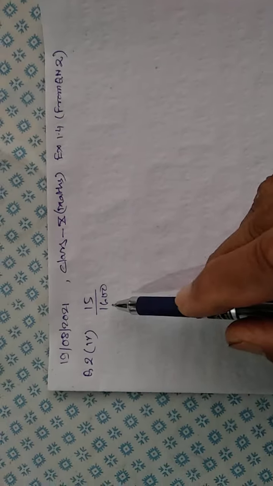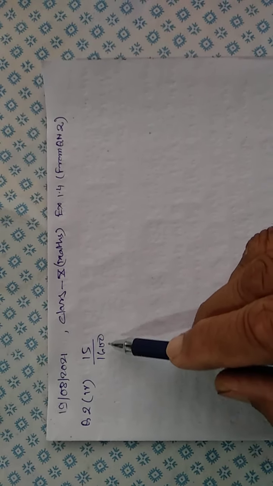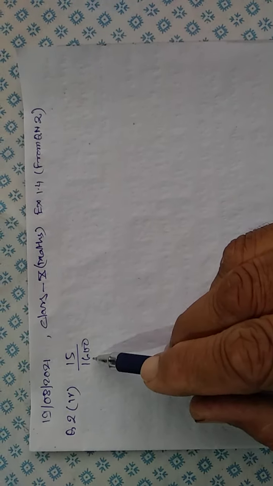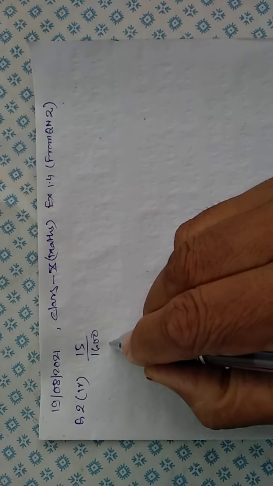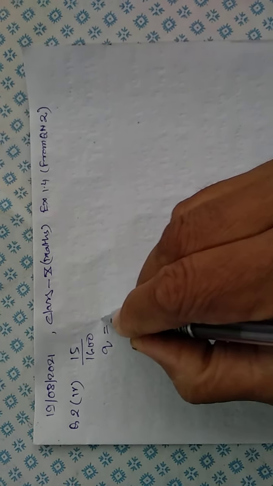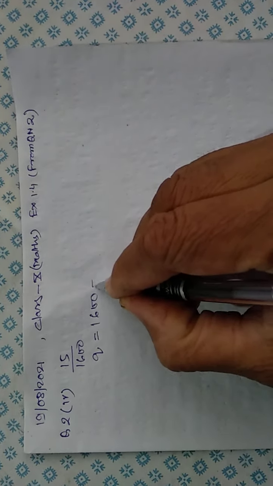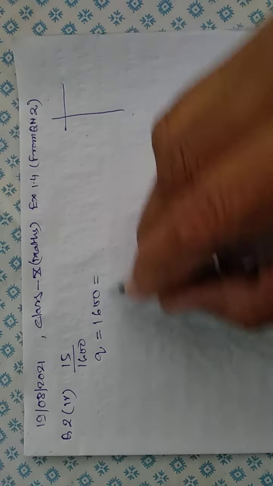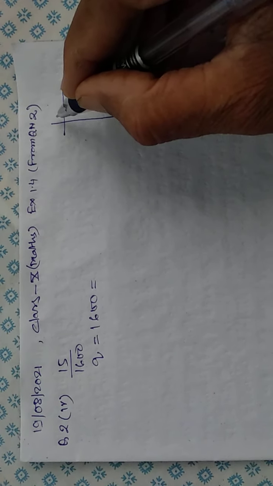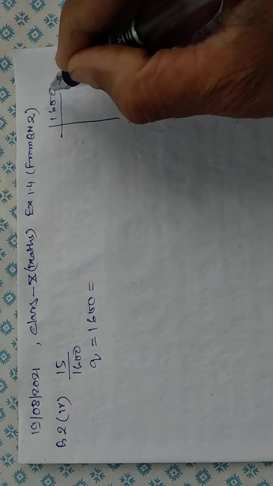this in decimal form. Now see, this is 15 by 1600. First of all, you will write the prime factors of the denominator 1600. Denominator, suppose Q, is 1600, and we need its prime factors. In question number 1, you have done the prime factorization of this 1600. Once again, you can see here,